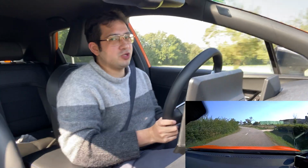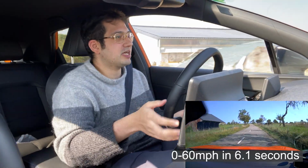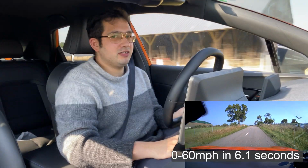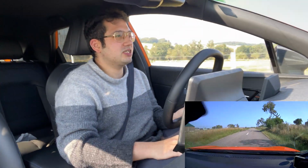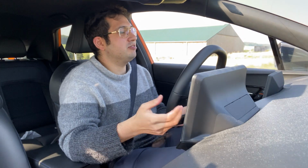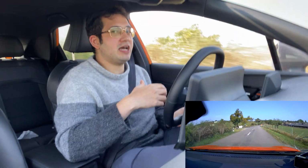It's got 240 horsepower, so 0 to 100 kilometers an hour in 6.5 seconds, which is certainly not earth-shattering as far as EVs are concerned, but I think it's a fair number, and it does get going in real life situations. And although the XPower is far better as far as just raw performance figures, it does feel a little bit heavier to drive on one hand, and on the other hand, you have got